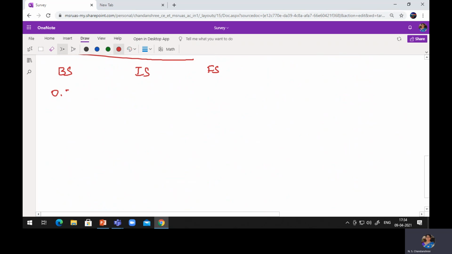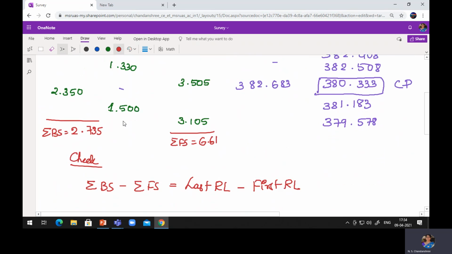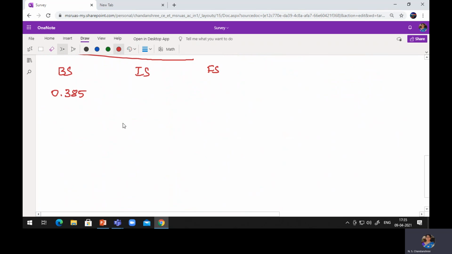Backside is 0.385, intermediate is 0.385, this is 0.290,